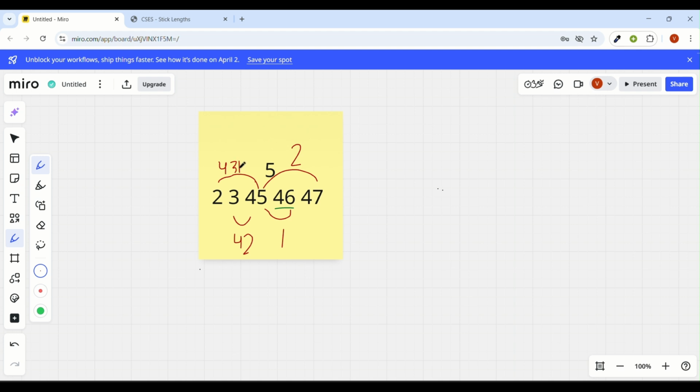Firstly, this 43 will be incremented by 1. Why? Because we have shifted our selected stick length, and now the change from the previous selected stick length is 1. The previous one was 45, so we were deciding our answer on the basis of 45. Now we are deciding our answer on the basis of 46. So this stick length has to reach till 46, so it has to be incremented 1 unit. So here also, it has to be increased 1 unit further.